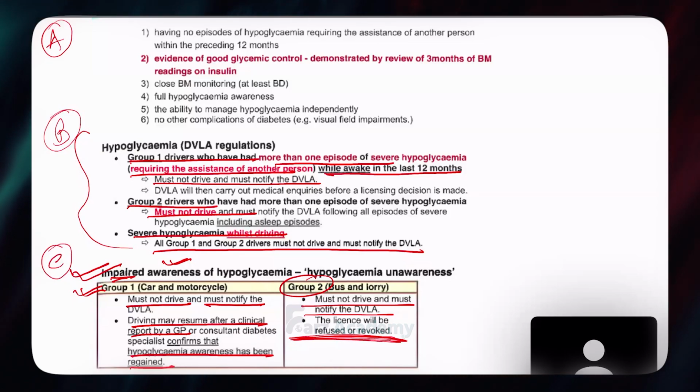Impaired awareness, group 2, no driving. Group 1, no driving, but they can regain the license if the GP goes in favor once they have been controlled. But group 2, the license will be revoked. So that is the end of the career. So it is very, very important, and often they refuse that and those accidents happen. This is life threatening, this is illegal, and I mean